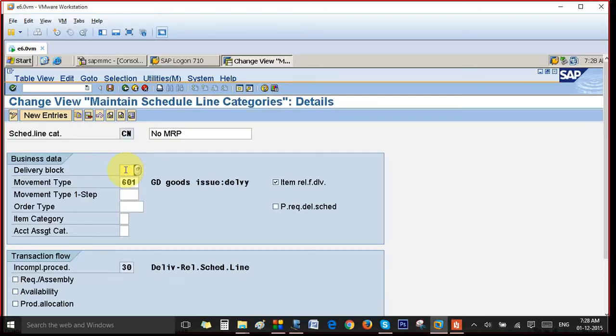No, if the material is not available, then it will start running MRP for the quantity which is not available. For the available quantity, it will confirm the schedule line quantity and delivery date,